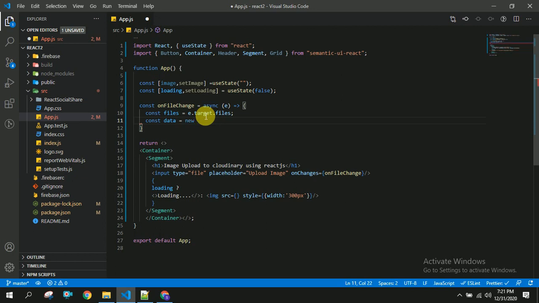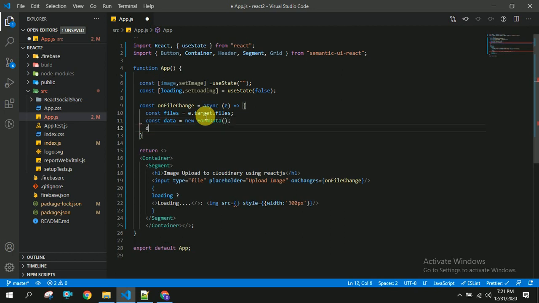and I am going to use form data to upload image to Cloudinary, and I am going to append file name and file and folder name to this form data, and file is files of, so this files is the array.